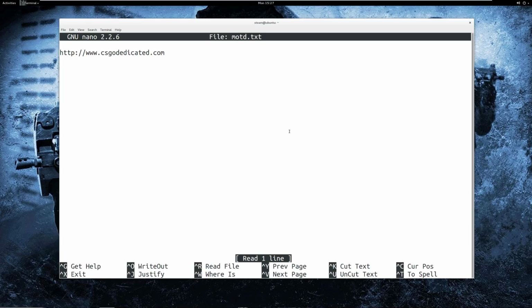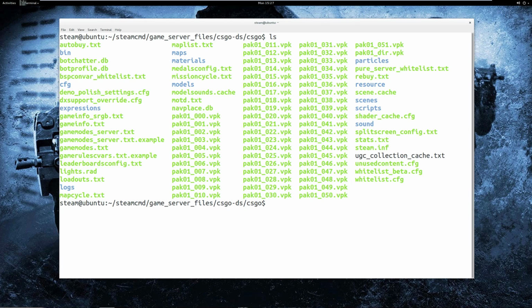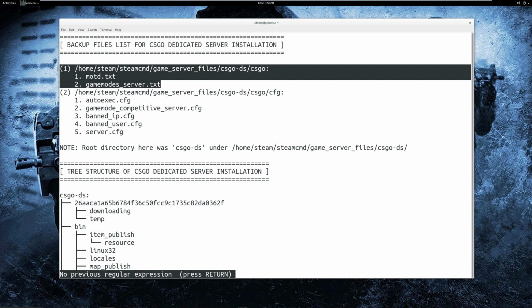All right, so that's really simple, straightforward. You don't have to mess with it. By default, it will give you some nice little Counter-Strike picture. It'll look just fine, but that's there if you do choose to mess with it. So the next thing we need to do is, we've looked at everything of basic importance in this directory. So let's go down to the next